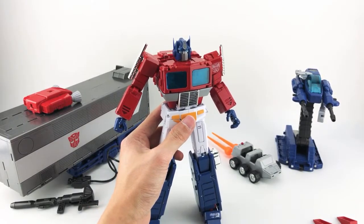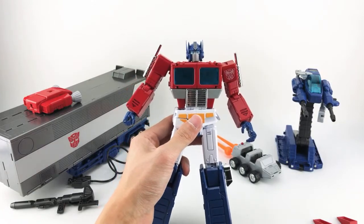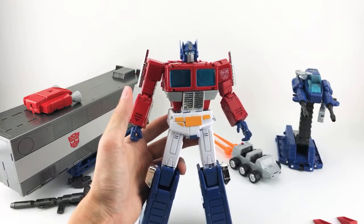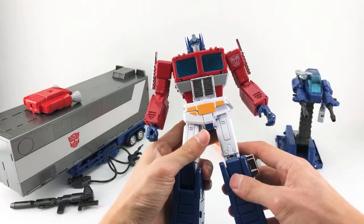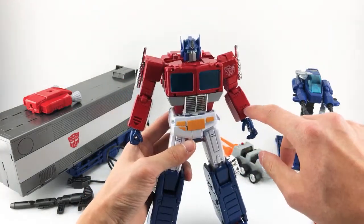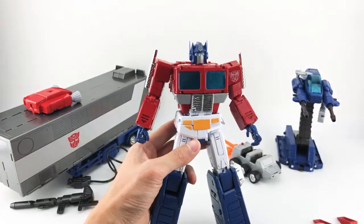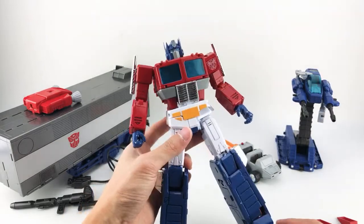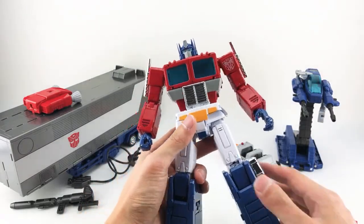Would you like a G1 toy head sculpt and stickers? Pass. It's not for me. The G1 toy head looks stupid. Yellow eyes do not look good. The arm stickers, I don't know if I like the arm stickers. I think I would prefer yellow here as opposed to the blue. But hopefully some of our fandom community, like